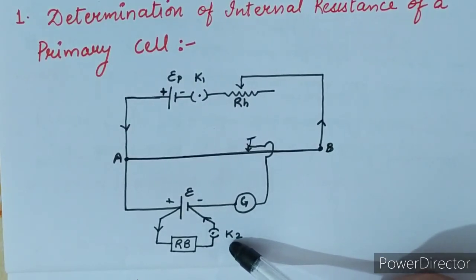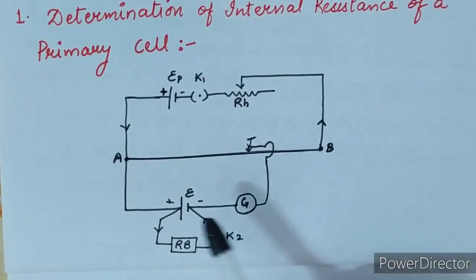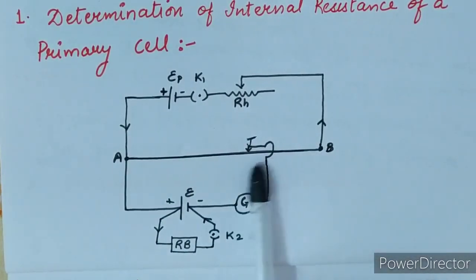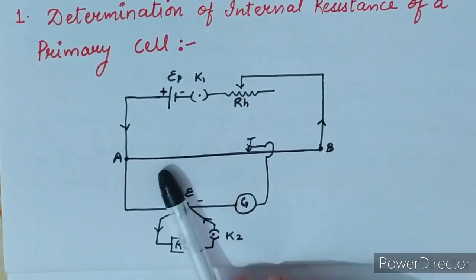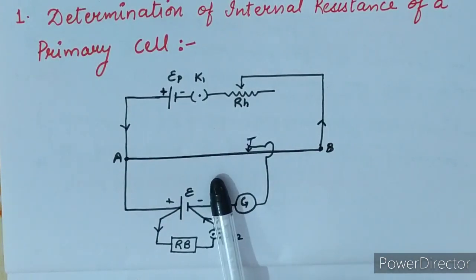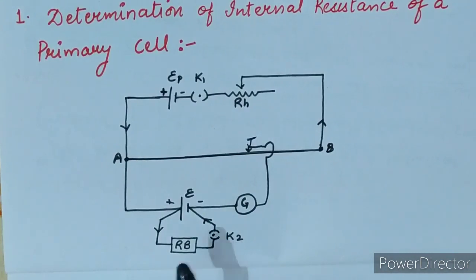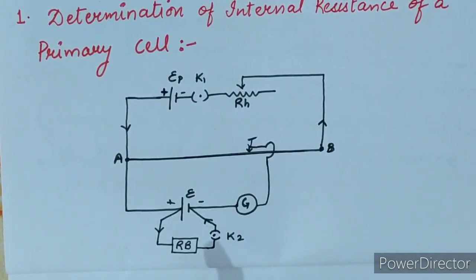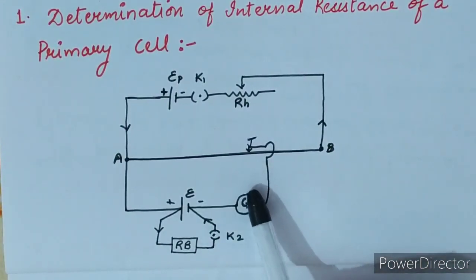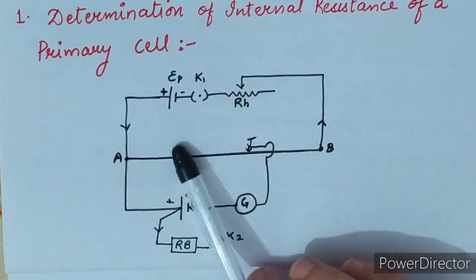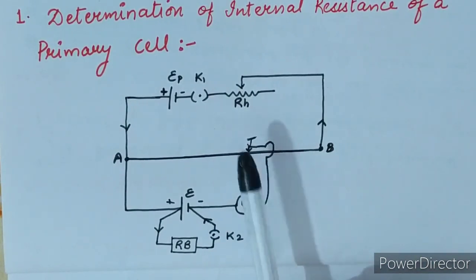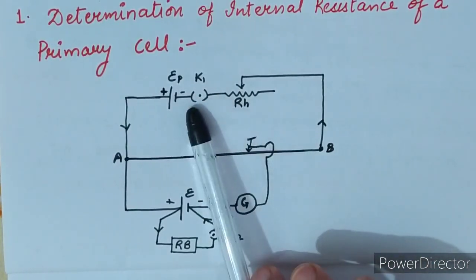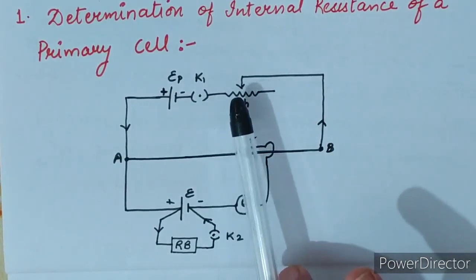Clear? Now, as we have got our balancing length by the jockey, that will be L1. If the potential gradient is X, then according to the formula of the potentiometer, E is equal to X L1. Clear? E is equal to X L1. Now the second time, what do we have to do? The primary circuit will remain the same, meaning we will not change any configuration in the primary circuit. If the key is closed, it will remain closed. Okay.